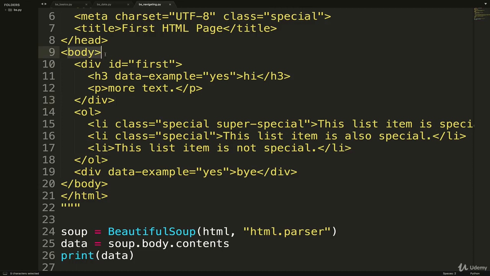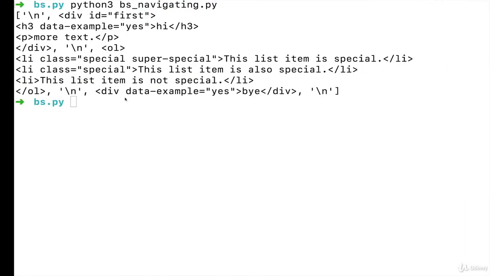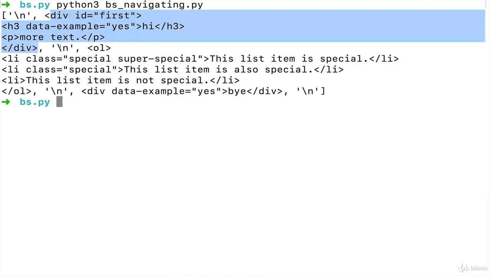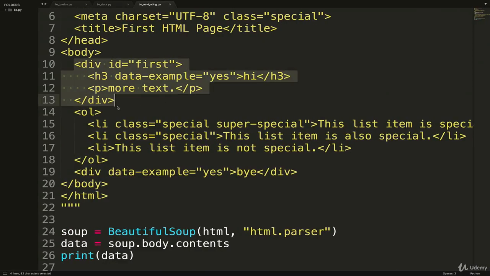Here's the tag we're working with, body, and then the first item in that list was a new line, and then we had the tag div, as you can see here. So we had new line and then div, and then after that div, there's another new line, and then after that, there's the OL, and then another new line.